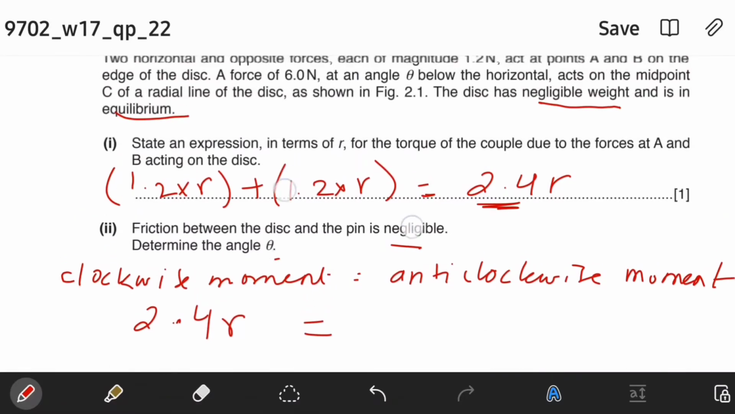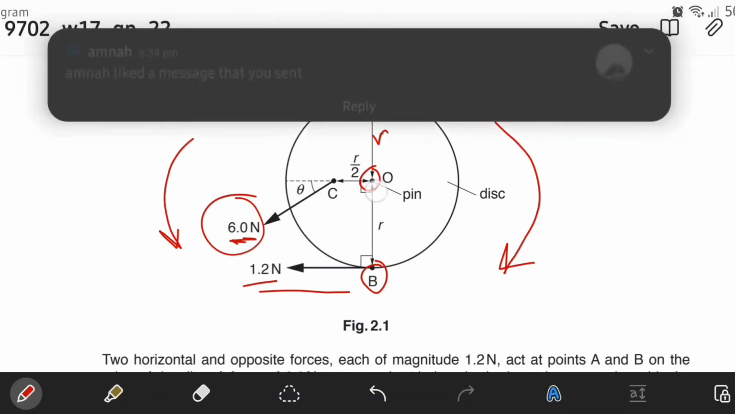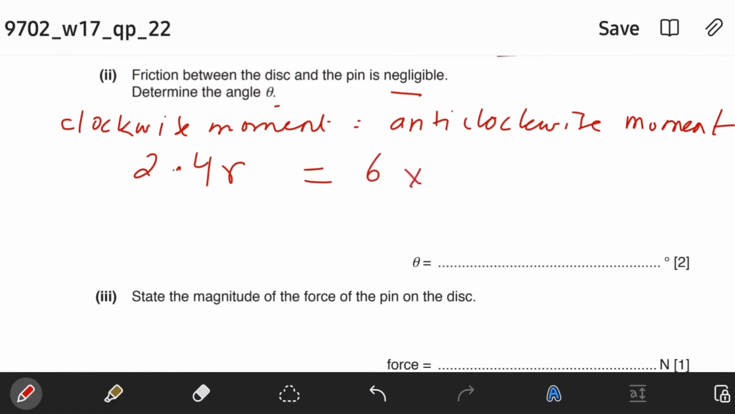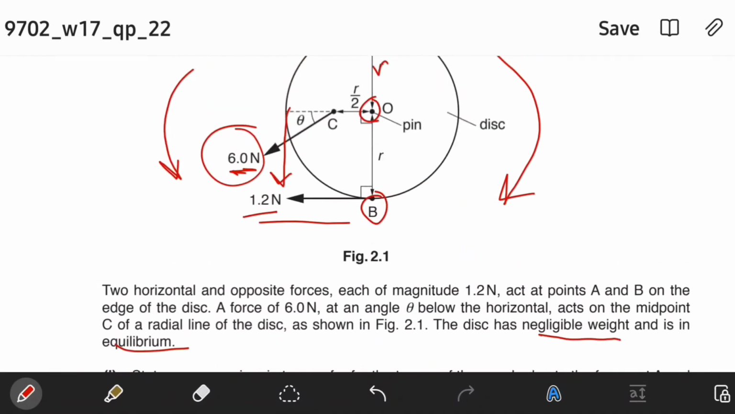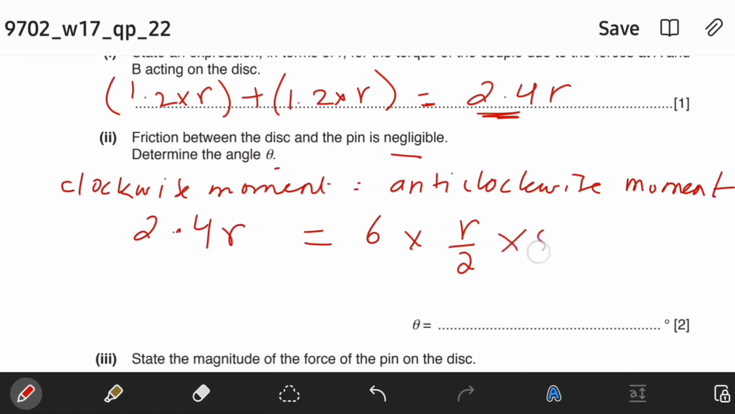let us see, this force right here is 6, and r by 2 is the distance from this pivot. So we are going to take this 6 into this distance and sine theta. Why sine theta? Because we are finding this component, right? Anti-clockwise moment. So this is theta and if we take sine, then sine is opposite over hypotenuse, right? So we are taking opposite here, and hypotenuse is our 6 into r upon 2. So sine theta